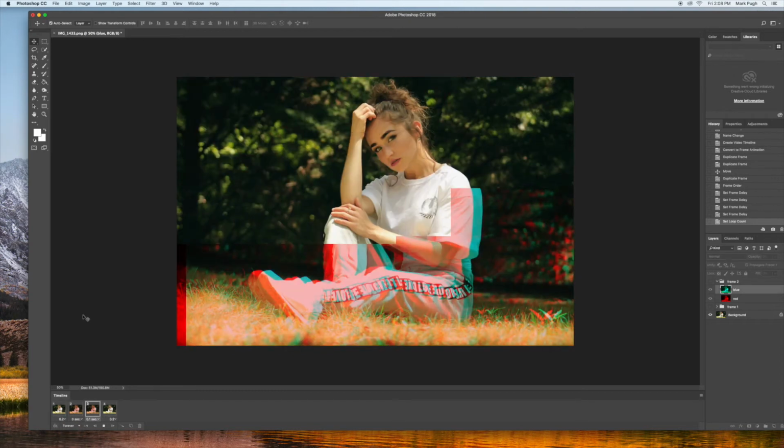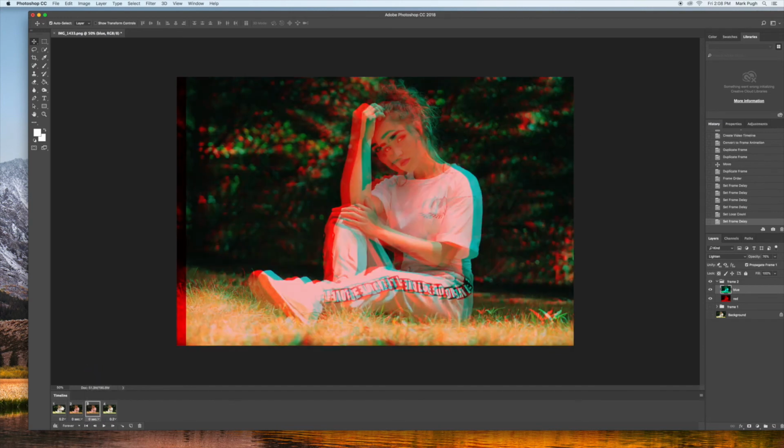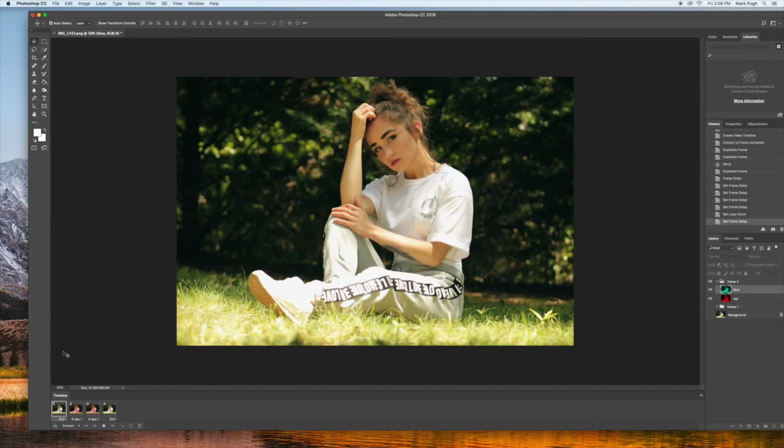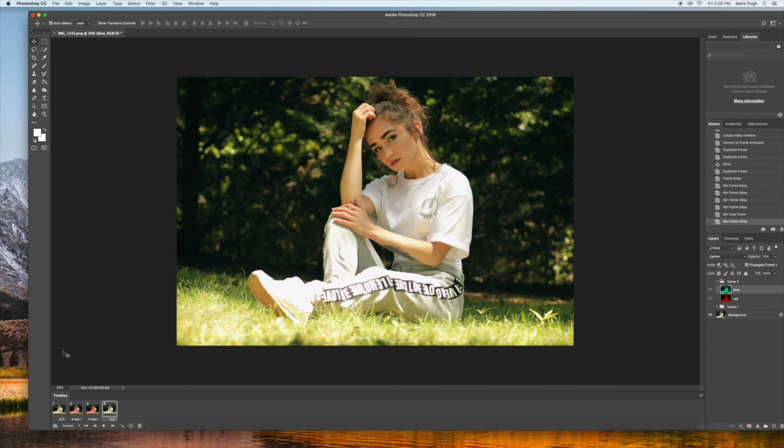So now it's going to look something like this. You can adjust the speed that you want, so it's going to look smoother, and you can add as many layers as you want. And that's how you turn a picture into